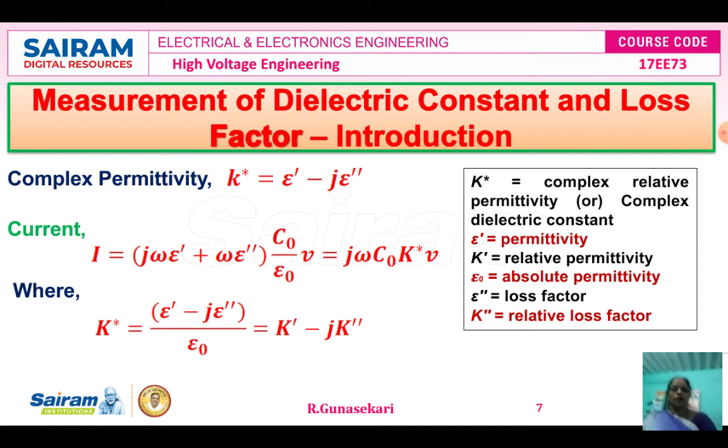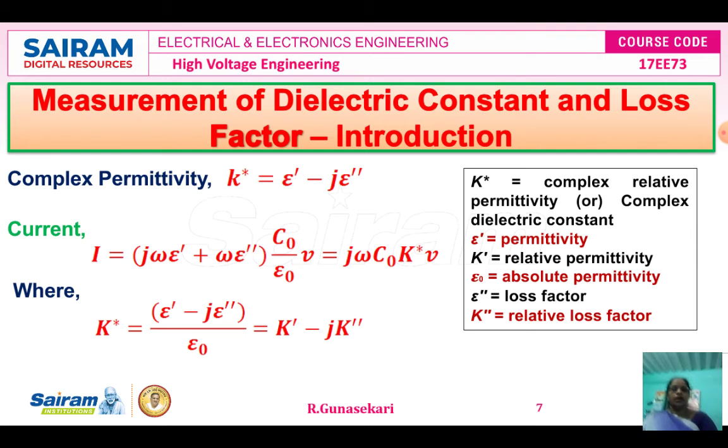In this formula, epsilon naught is nothing but the absolute permittivity. Epsilon'' is the loss factor, epsilon' is the permittivity, omega is the angular frequency,